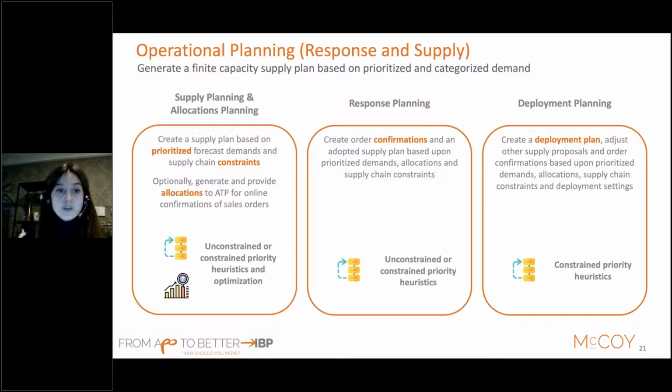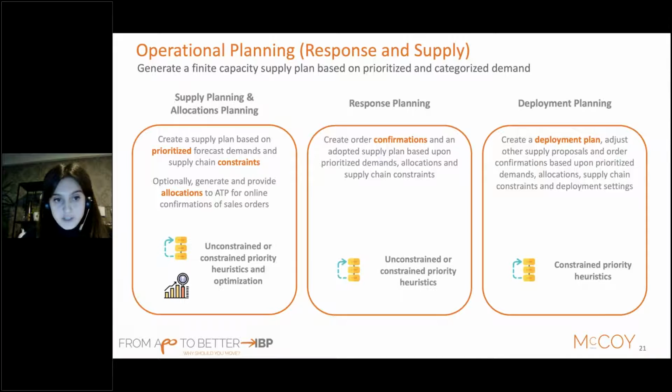Basically, in the operational planning, you can generate a finite capacity supply plan based on prioritized and categorized demand. How do you do it? First of all, you create the supply plan and you prioritize your demand, your forecast, and your sales orders. And you also take into account your supply chain constraints.